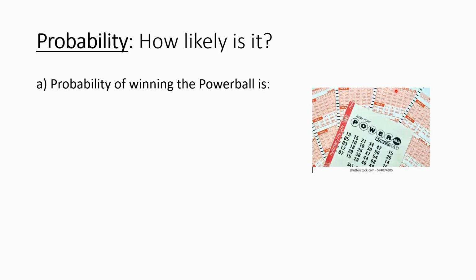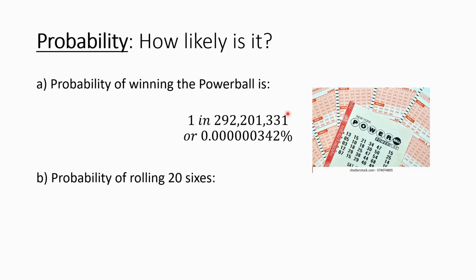Mathematically, the odds of winning the Powerball jackpot are 1 in 292,201,331, which is an incredibly slim chance. That's a 0.000000342%. However, the probability of rolling 20 consecutive sixes